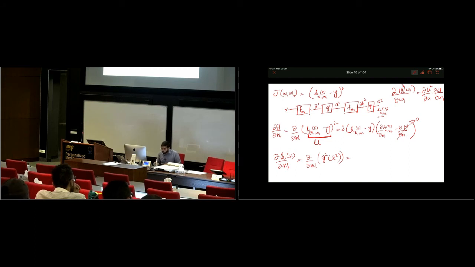We write it as the partial derivative with respect to Z2 of G2(Z2) times the partial derivative of Z2 with respect to W1. So this should be fairly easy to calculate. It's just the derivative of the function G. So this is basically G prime of Z times...